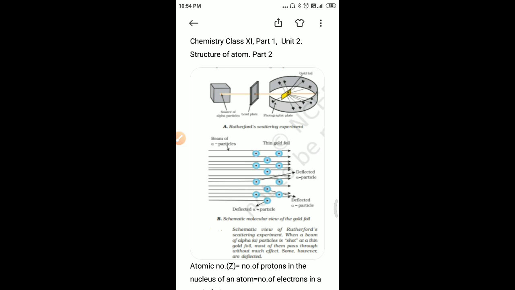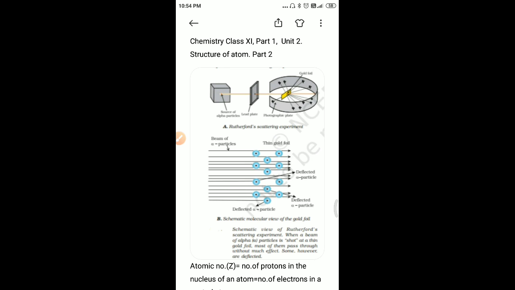In 1898, J.J. Thomson proposed that an atom possesses a spherical shape having a radius of approximately 10^-10 meter, in which the positive charge is uniformly distributed. The electrons are embedded in it in such a manner as to give the most stable electrostatic arrangement. Many different names are given to this model, namely plum pudding, raisin pudding, or watermelon model.